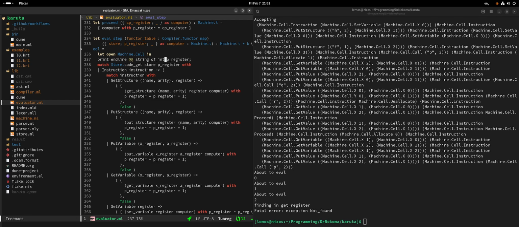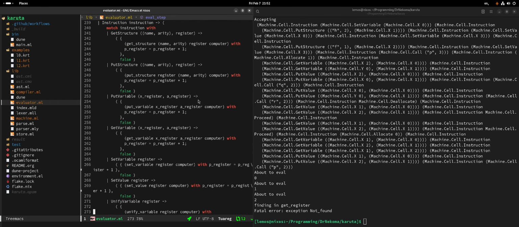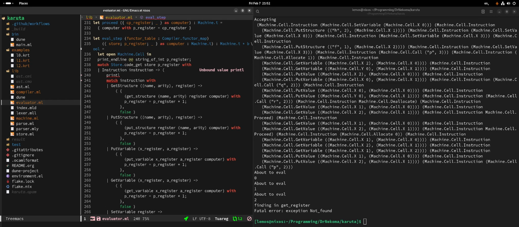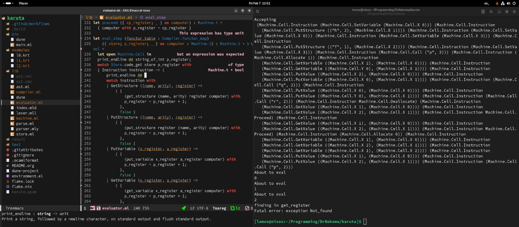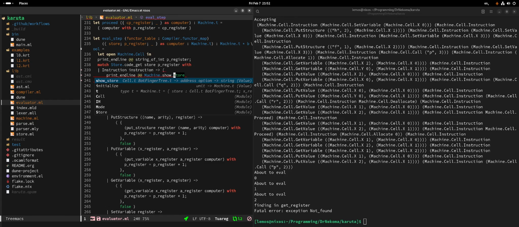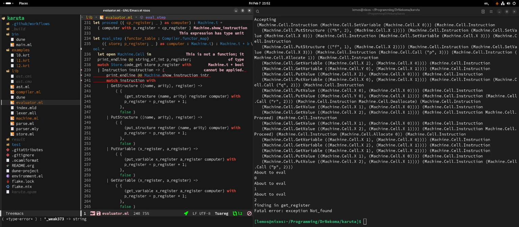Yeah, well, we can print the cell as well. That also works, but printing the instruction is actually easier. So it's here. Print and line. And then I have absolutely no recollection. Is this machine show instruction? No, I think that's not how that works. Man, it's so rare that we have to do that. I keep forgetting. How do you do that?